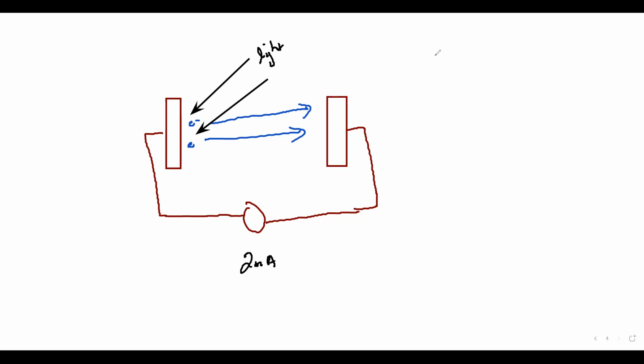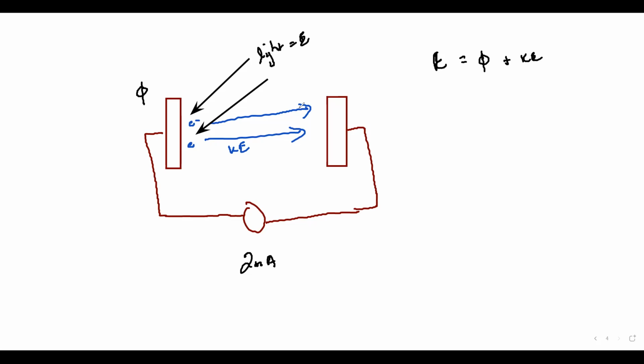And we can relate a formula: the energy of the incident light will be equal to the energy needed to remove the electron, which is phi or the work function, plus the kinetic energy. As the electrons are moving, they will have kinetic energy. So how do we work out the kinetic energy of these electrons?